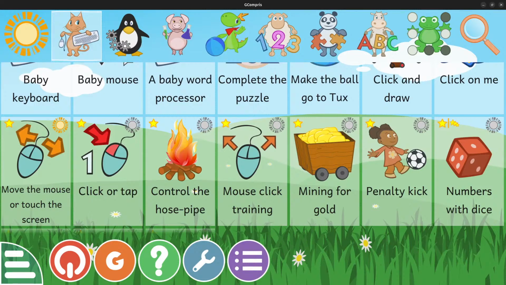Move the mouse. I'll do that first. Control the hose pipe. Mining for gold. And these are programs that are aimed at people to get them familiar with the interface as well. So